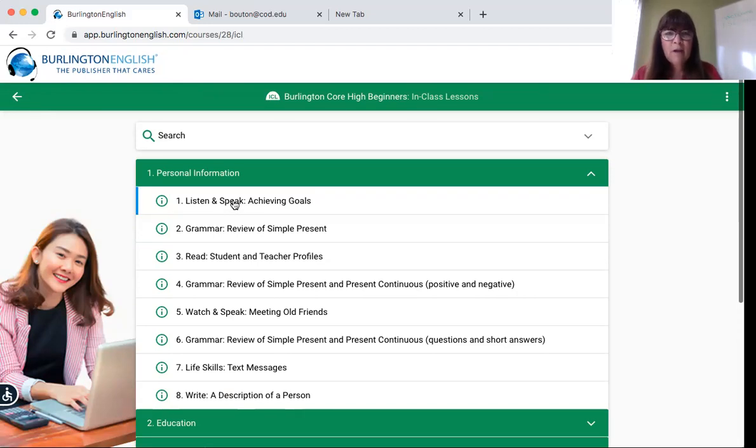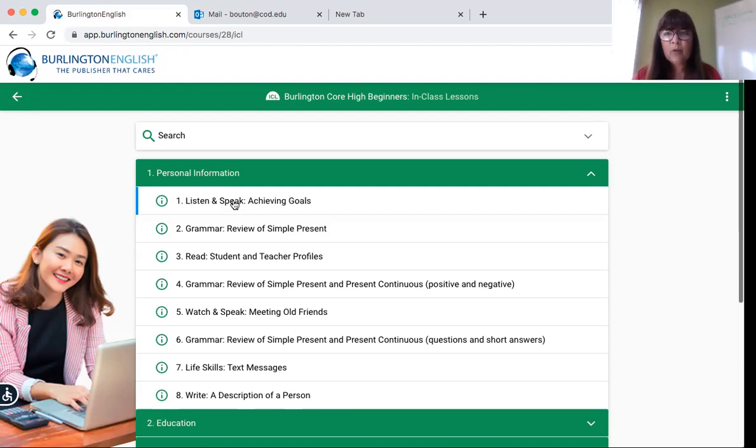So you should have been able to complete logging into that and making your own password so that we can use your COD email address. It's very important for us to communicate with you. And I would like to only send emails to your COD email address.